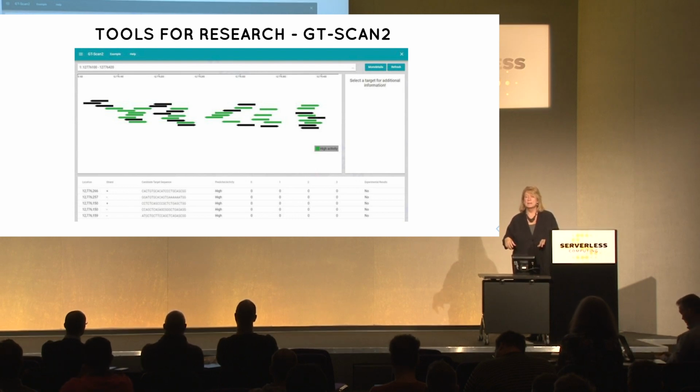He's the chief evangelist. They had attended an AWS summit, and they had this computational problem to help them in their research around immunotherapies for cancer. And this is their tool that they created. It's basically a website called GTScan2. They call it the Google for CRISPR. CRISPR is